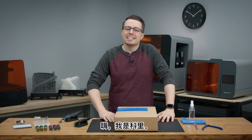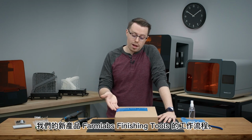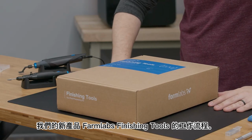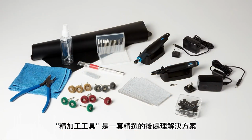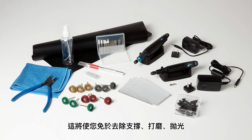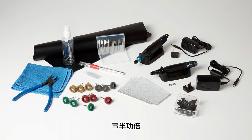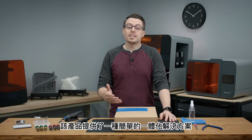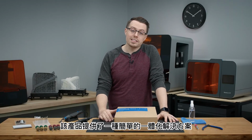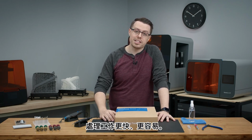I'm Corey. Today we're going to be talking about the SLA post-processing workflow with our new product, Formlabs Finishing Tools. Finishing tools are a curated set of post-processing solutions that will take you from support removal, sanding, buffing, and polishing, allowing you to get a better quality result with less effort. This product provides an easy, all-in-one solution for you to receive high-quality, vetted tools to make your post-processing job faster